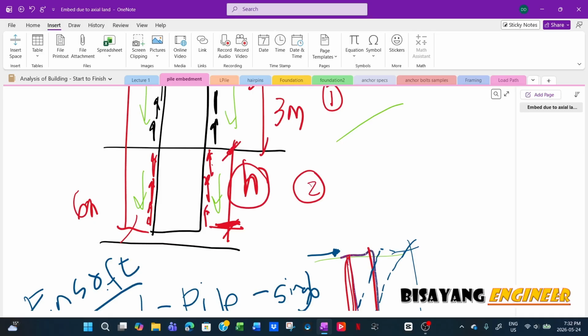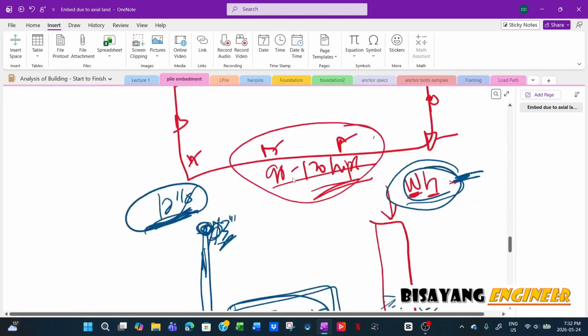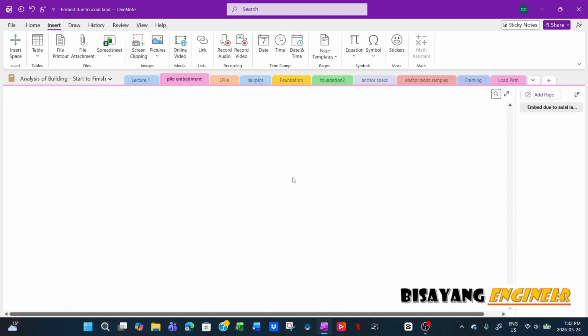That's the advantage of using the driven pile. Also the screw pile. So for projects where there's no soil report, we don't specify